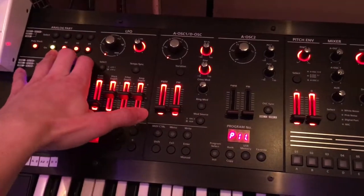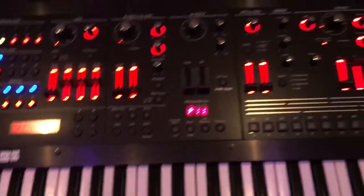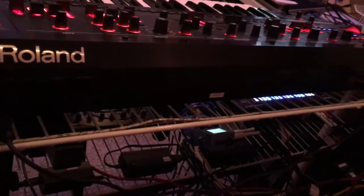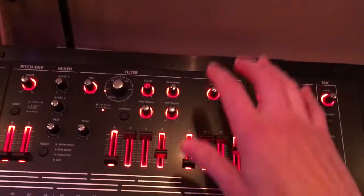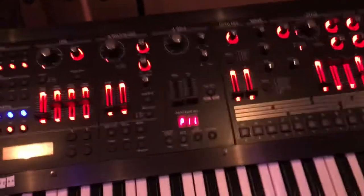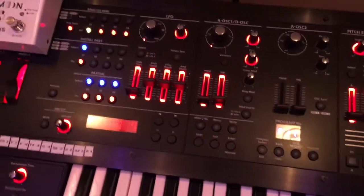Now, the most important thing for me, aside from microtuning, is the 2 separate outputs in the back. Oh, you're not going to be able to see it. You have a digital output and an analog output. Sorry, not a digital output, it's an all output. So you have your left-right channels coming out for your all output, and then you have one TRS cable for the analog dry output. That is really cool, because the analog dry output comes out before the equalizer,